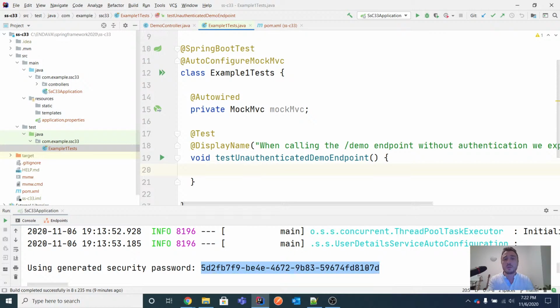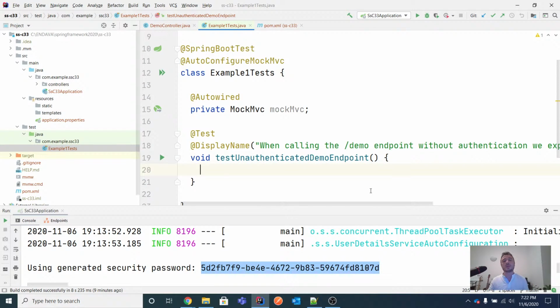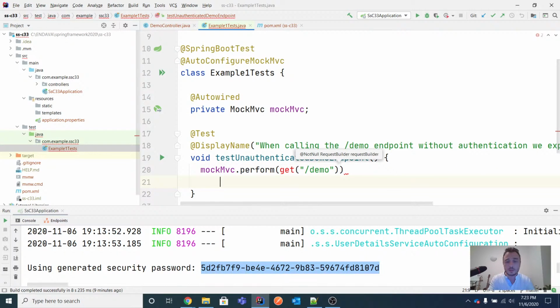And now what we want to do is use MockMvc to call and test, in a description here, that when I call the endpoint without authorization, without authentication, then that shouldn't actually work. So we should have back a status of 401 unauthorized in this case. So what we say: perform a get for the demo endpoint and expect the status to be